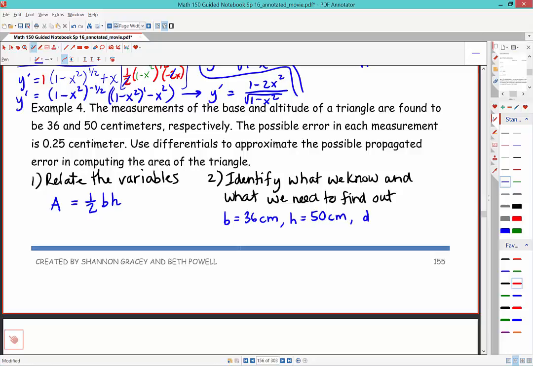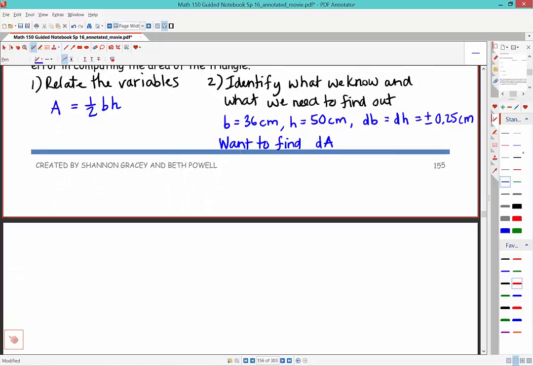So that means the differential dB is equal to dH, which is plus or minus 0.25 of a centimeter. All right, and we want to find what? Good, dA. All right, so we need to do what, do you think? Find